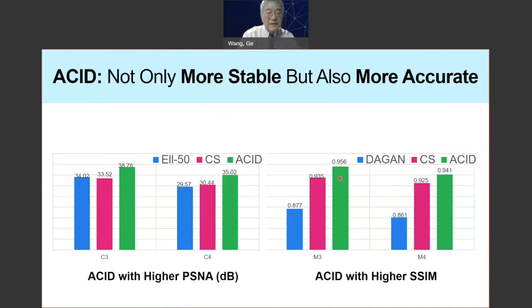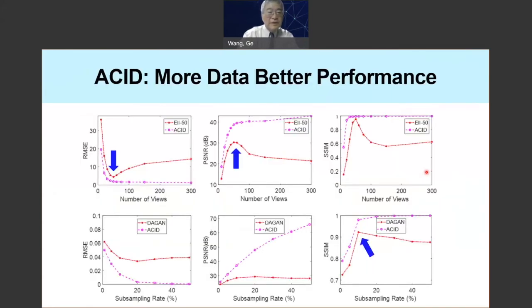So the superior performance shown here is due to the integration of all different kinds of algorithmic gradients. So we take complex sensing into account, so we could do a bit better than complex sensing. So the first two kinds of instabilities can be removed. Also, the third type of